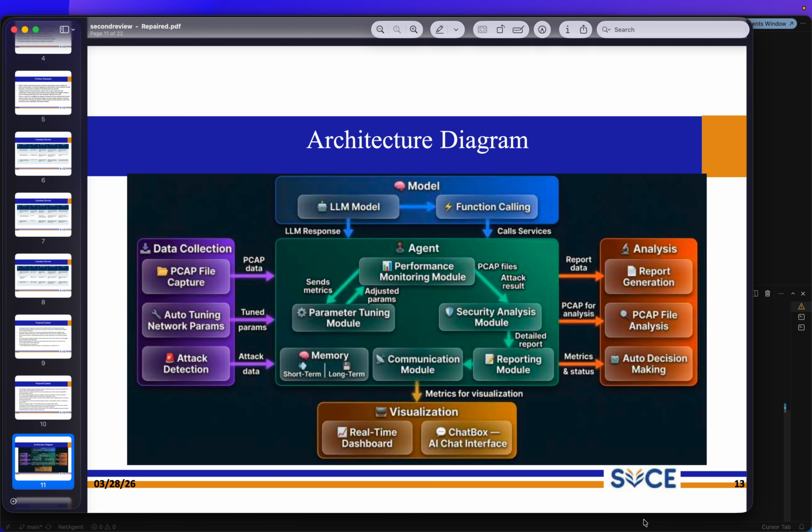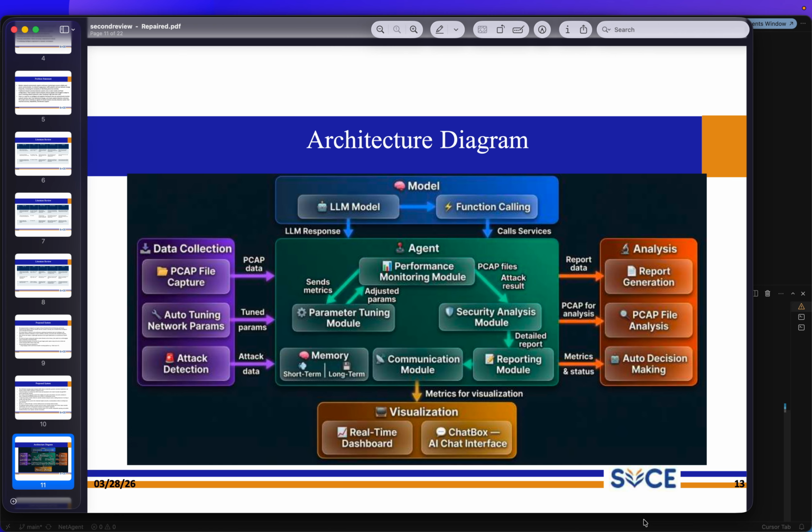This is the architecture diagram, where we use LLM models to detect whether an attack has been detected in our system. We are using the TShark application to capture the files when a communication happens from one system to another. It gets processed over time, and it has knowledge of past incidents, so we are able to say whether it's a true positive attack or a false positive attack.